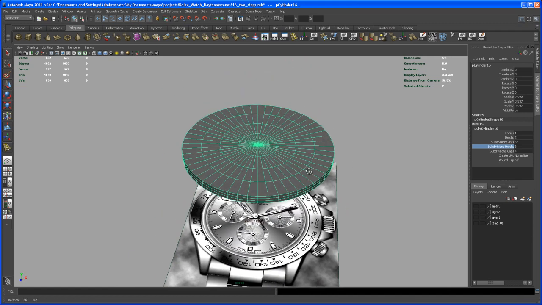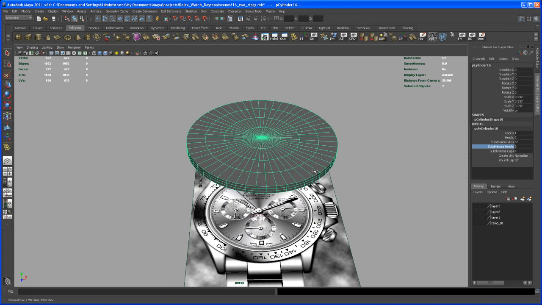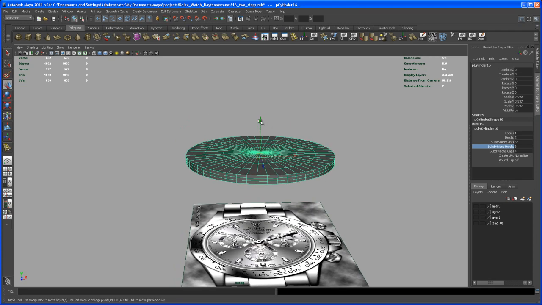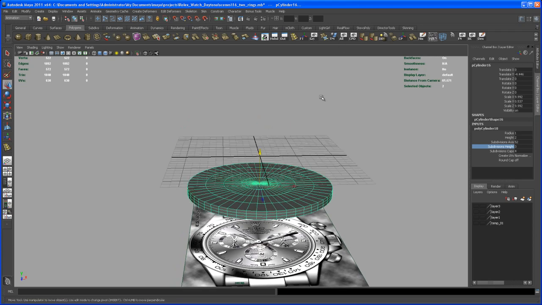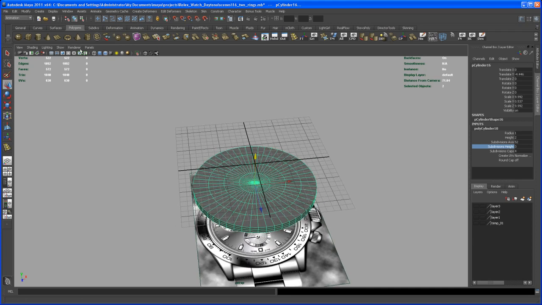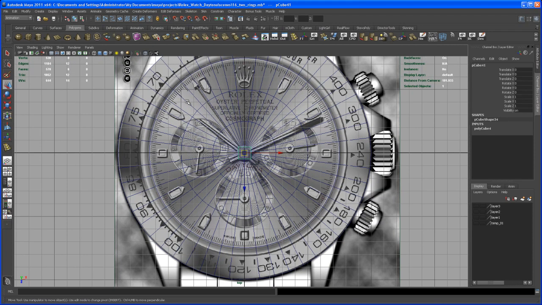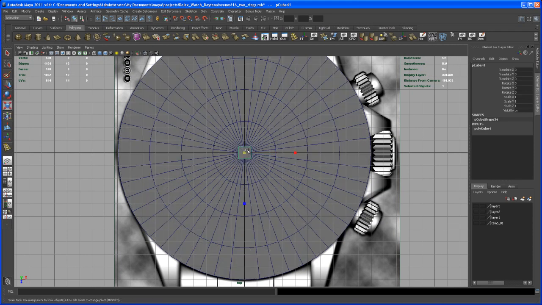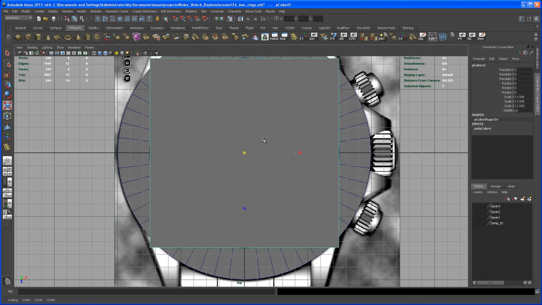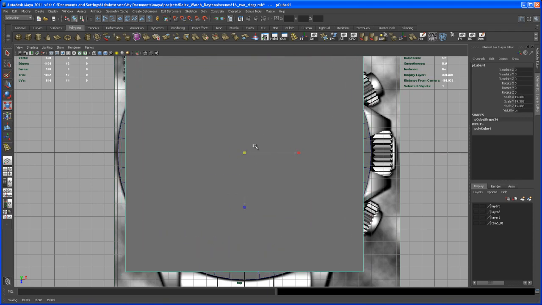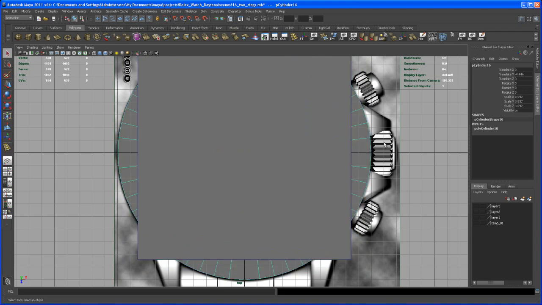Okay, so like I said, this is only a reference object that we use. So let's move this guy down, return on the grid, and now let's create a polygon cube. So we bring the cube to the same size as that cylinder we made. So we could select the cylinder and take a look at the scale X here. Let me copy that number, hit Ctrl C, and then take that cube